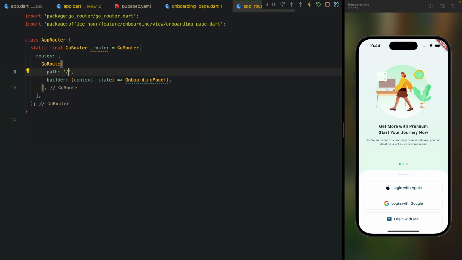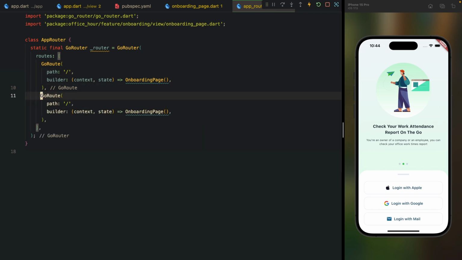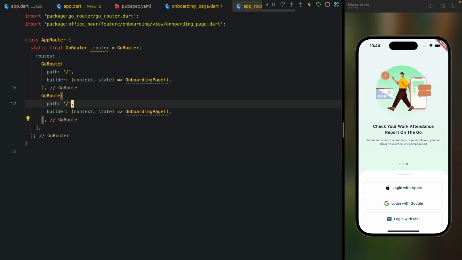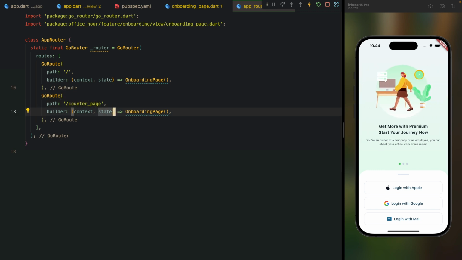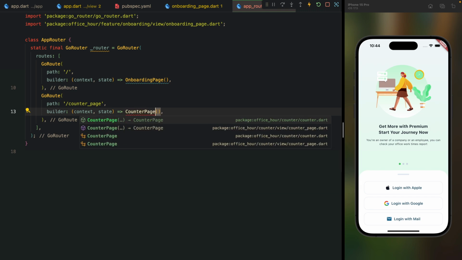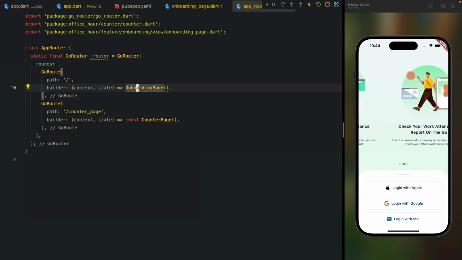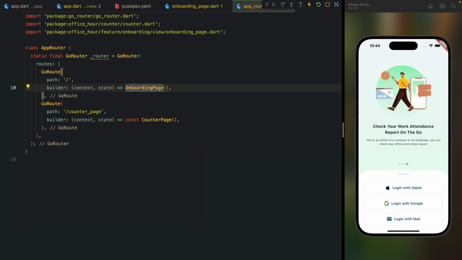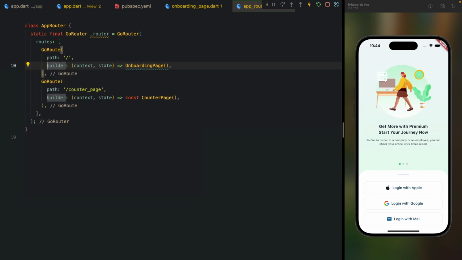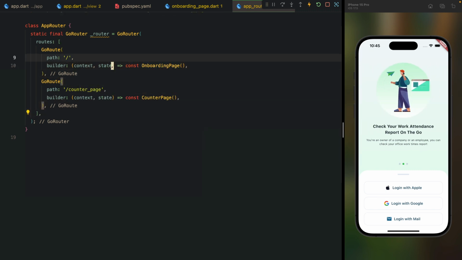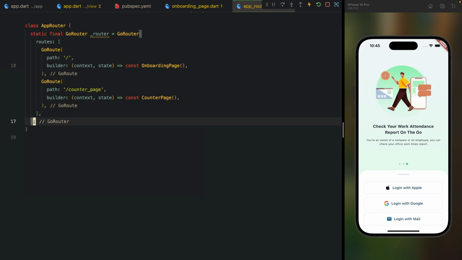So we can define it as a route, and we have one more path as well, that is our counter page. So that would be our counter page as well, and